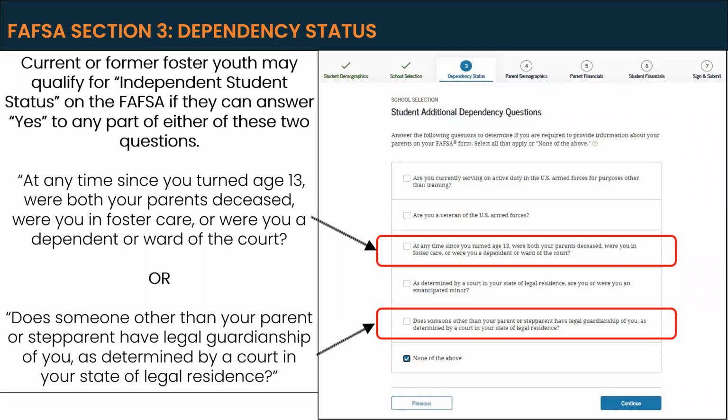One of the questions is, at any time since you turned age 13, were both your parents deceased? Were you in foster care? Or were you a dependent or ward of the court? The other potential question that might apply to some of the youth that you're working with is, does someone other than your parent or step-parent have legal guardianship of you as determined by a court in your state of legal